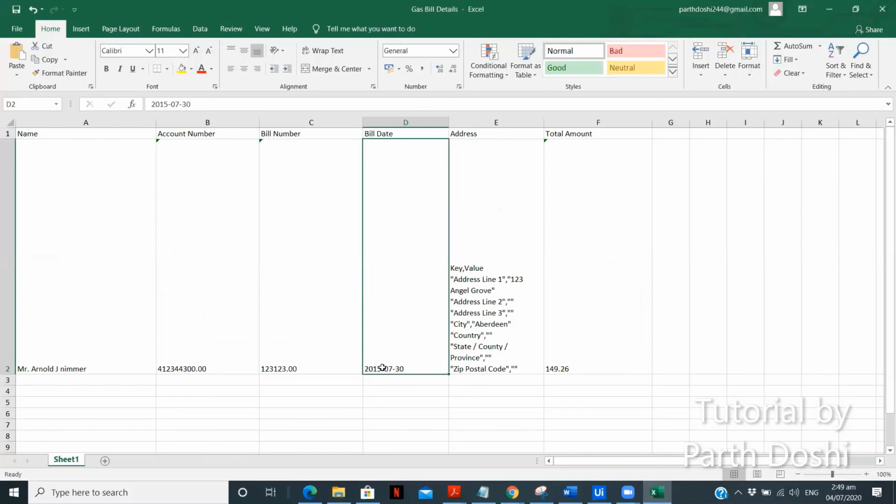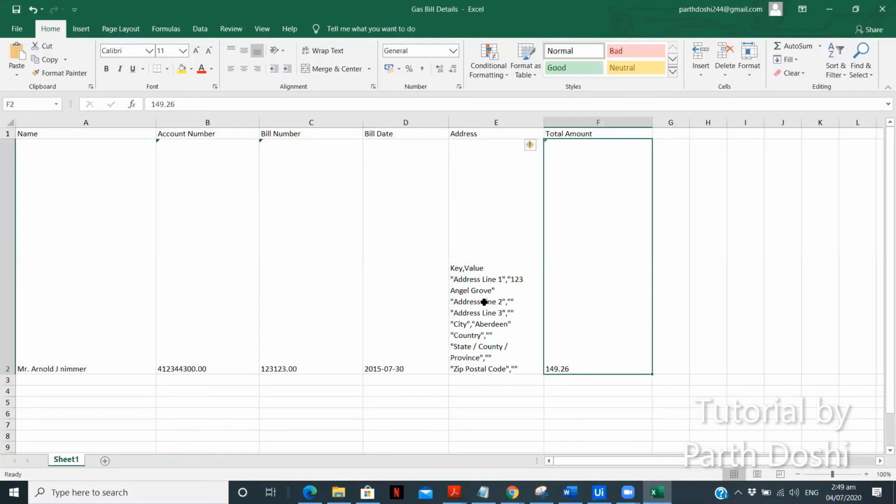So it automatically got converted and we have a properly formatted date. So your somewhat unstructured data is also structured now, and you have the total amount. If our format was proper, you can see we would have all the details properly extracted: the address lines 1, 2, 3, the city, the country, state, province, and the postal code.